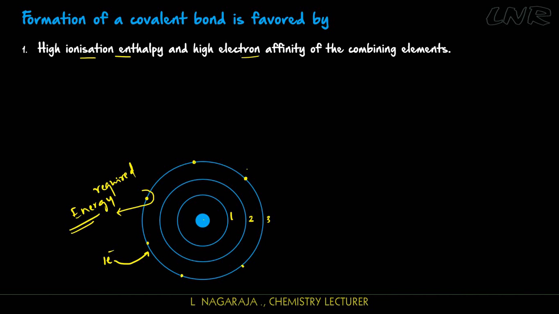In that case, a certain amount of energy is released. How much energy is released when an electron is added to the outermost orbital? That energy change is called electron affinity. Ionization enthalpy is nothing but the amount of energy,